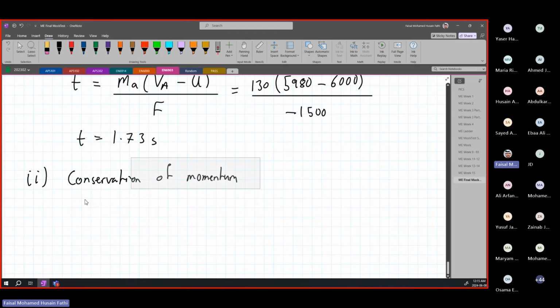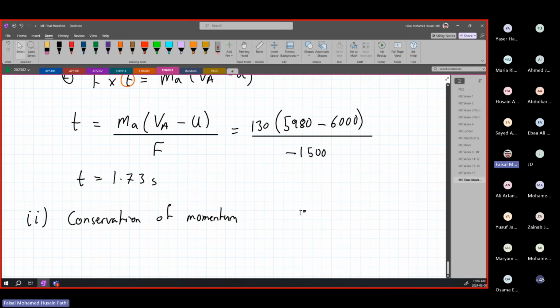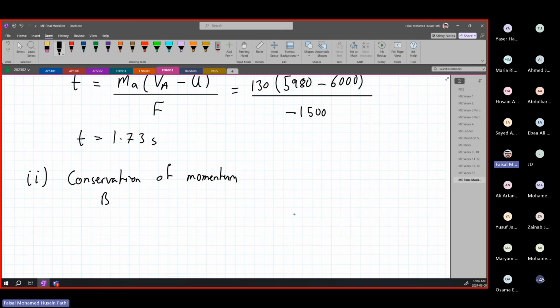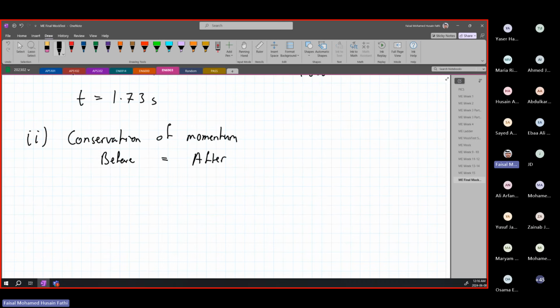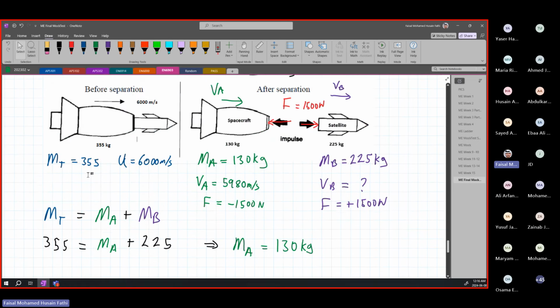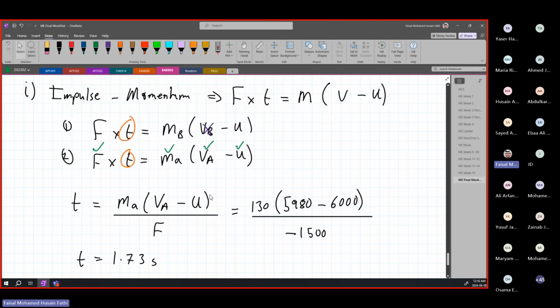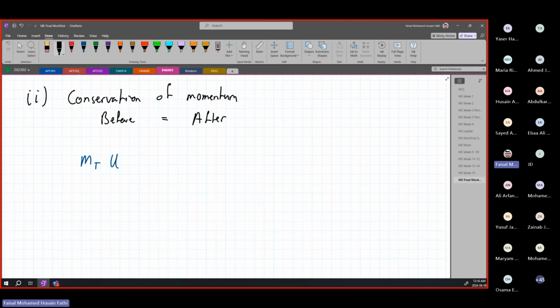The reason I want to do it using this is I want to show you how you would apply conservation of momentum. What does the conservation of momentum tell us? It tells us before is going to be equal to after. That's what any conservation means. Anything before equals after. In this case, we're talking about the momentum before is going to be equal to the momentum after. So before separation, we had our M total and we had our U, right? So M total times U is going to be equal to